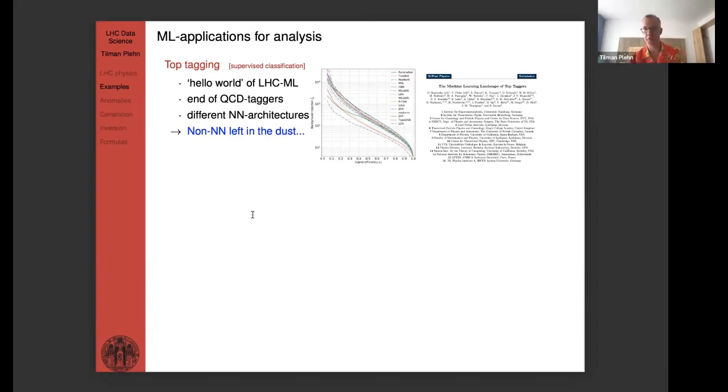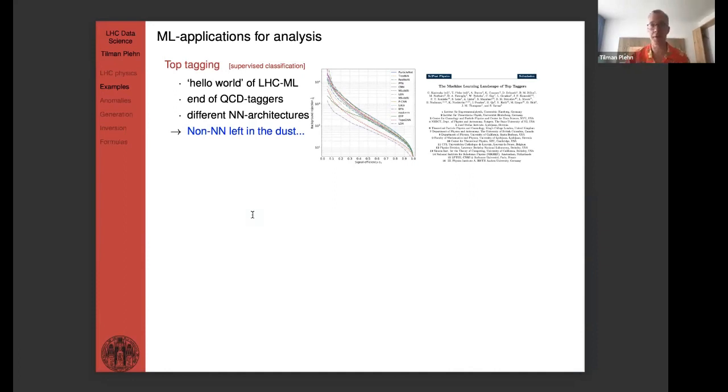I think the credit for making machine learning at the LHC a big successful field goes to the substructure community, the people who used to meet for the Boost conference. The simple question is how can I identify what part of a jet might have come from what? And this is a very, very old story. B tagging, bottom quark tagging, has been around forever. That has always been a multivariate problem for us to solve, and so using machine learning or neural networks for that is just a very natural step.